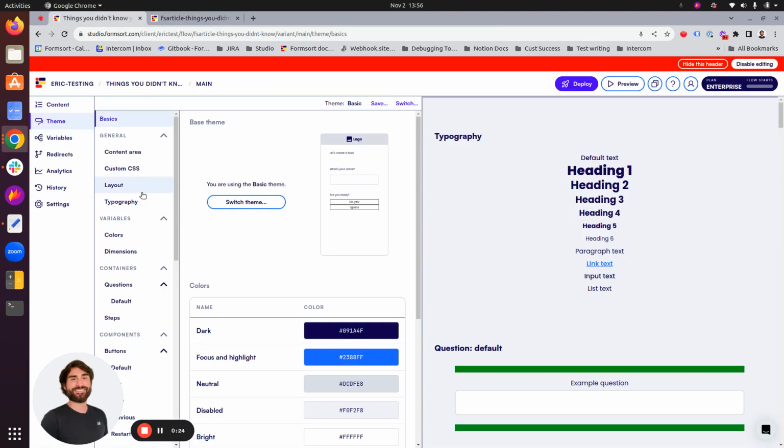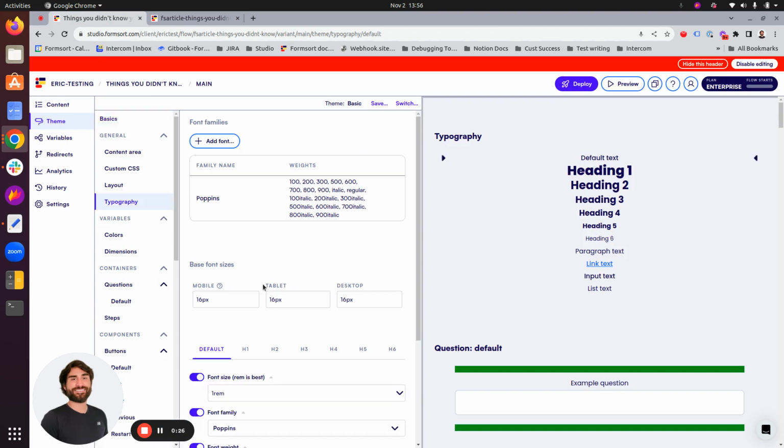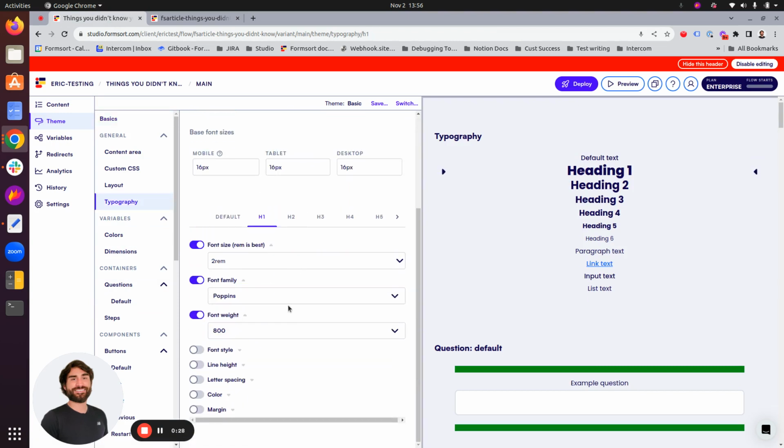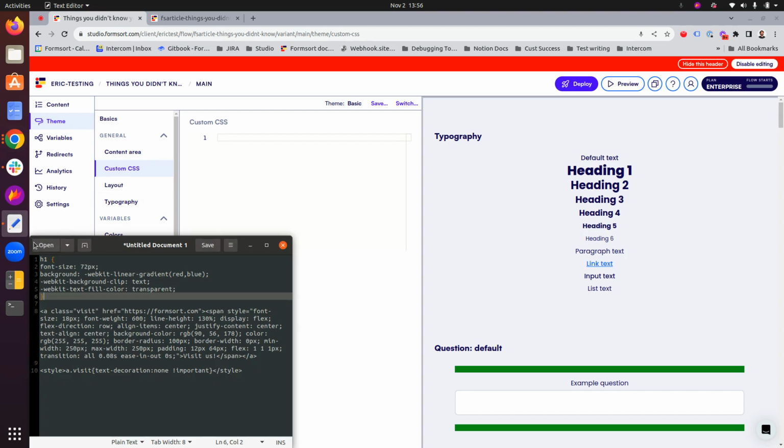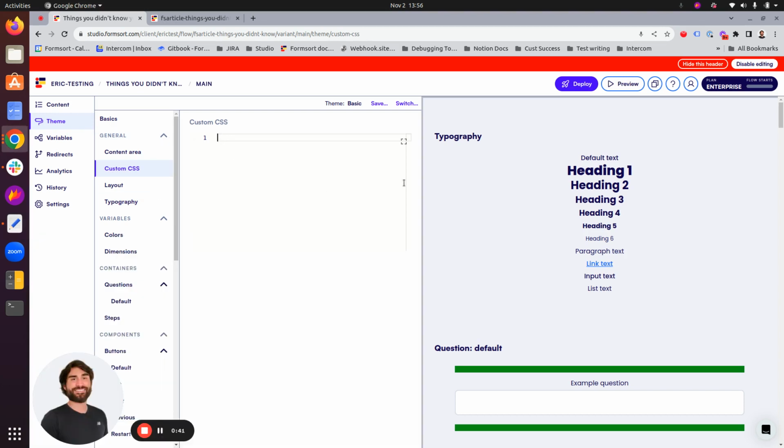So let's spruce it up a little bit. Now you can definitely go into typography and change the colors of your H1 elements and the font family. But there's not really much more you can do in this menu. So in this case, we'd probably want to add our own styling. So we'll take this little snippet here, and this is going to target H1s in our form, and it's going to add a linear gradient,